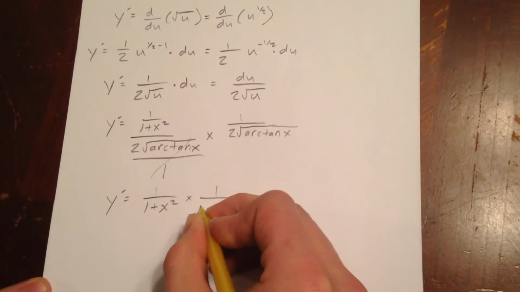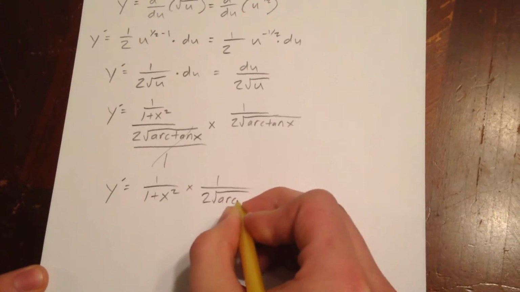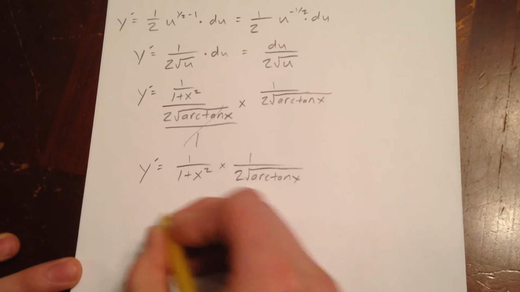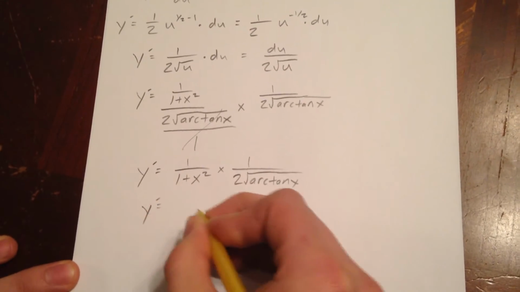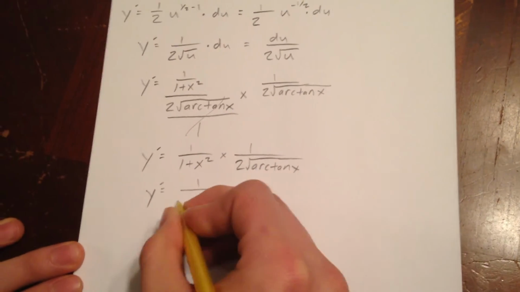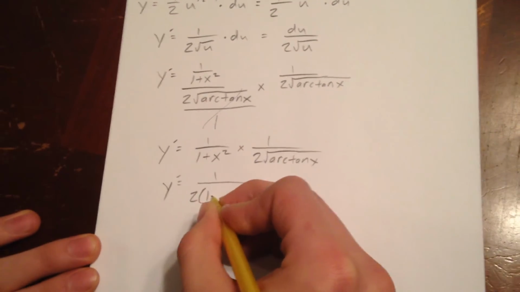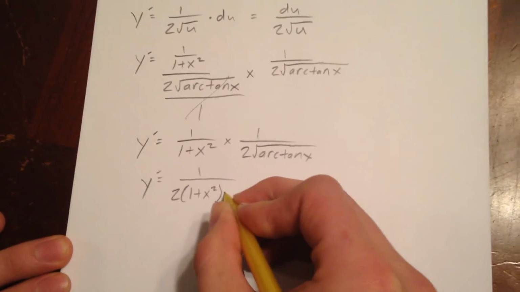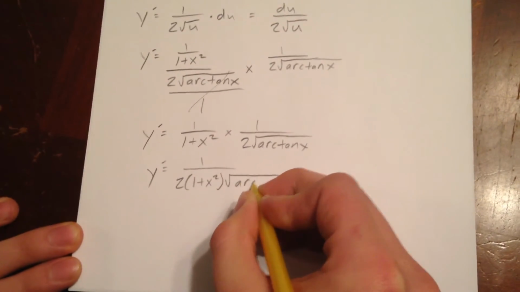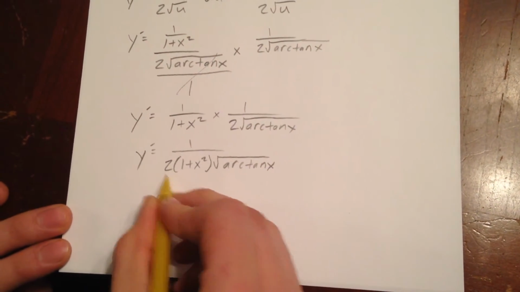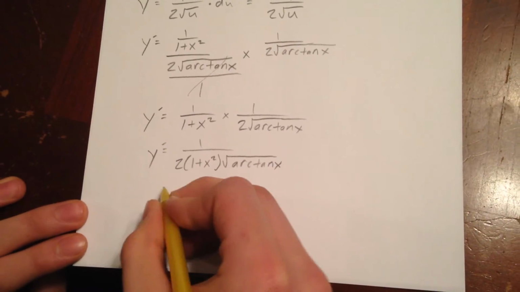times the arctan of x, which you can simplify a little more, so that we'll put the 2 over here in front of this, and then multiply by the square root of the arctan. And then we could actually factor that into there, so that